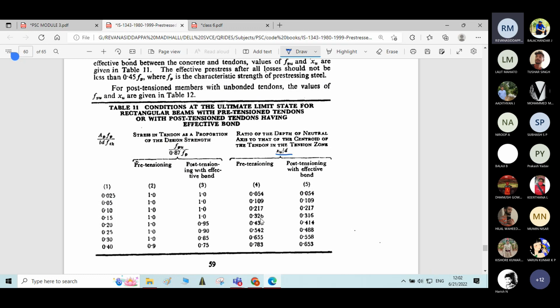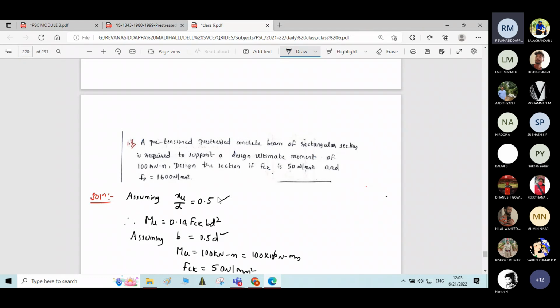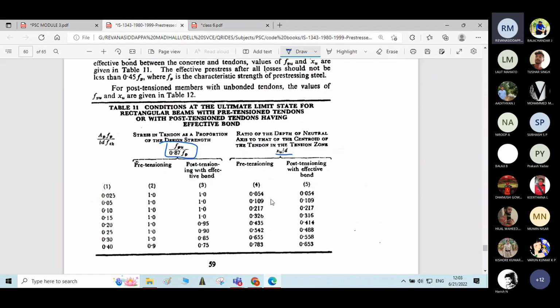0.5 here. 0.5 means it will fall between 0.435 and 0.542. We need to find the corresponding FPU by 0.87 FP. Okay, I hope you are understanding. We have assumed XU by D is equal to 0.5. Corresponding to XU by D is equal to 0.5, we have to find suitable APU by 0.87 AP value